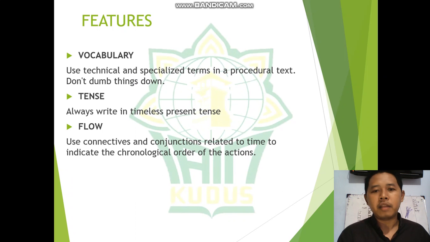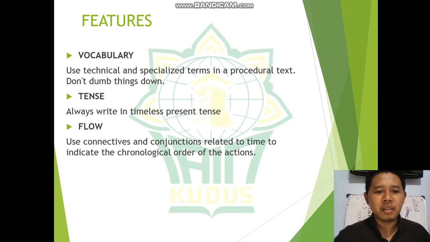Okay, the vocabulary, of course, you have to use technical specialized terms. For example, what? Cetitan. Well, you don't say cetitan or ceklik-ceklik or abang-abang blah blah blah. So it's a switch. Okay, you just don't dumb things down. Ya, kadang kalau kita pengen gampang gitu kan dianggap apa gitu. Ini ada ongkik-ongkik, okay, but it's a valve, for example. Yeah, don't dumb things down.